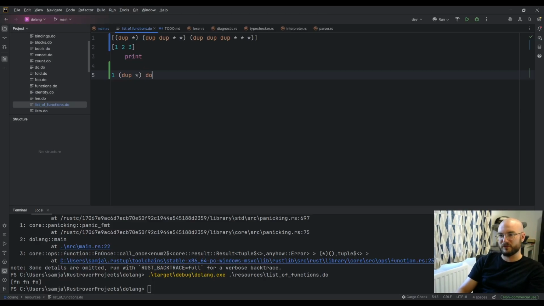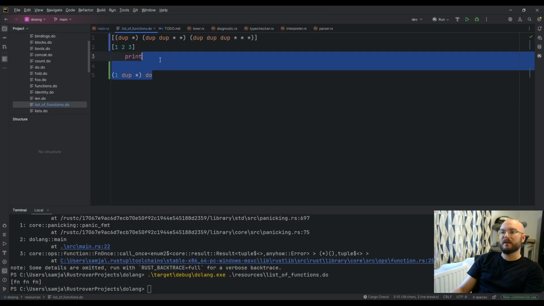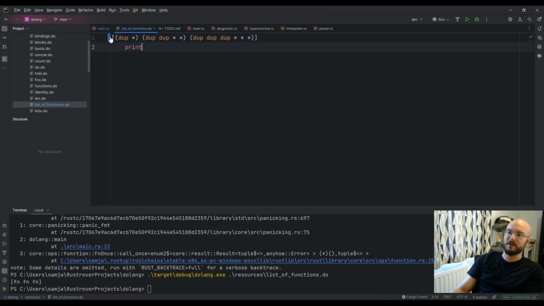Otherwise it would just be do, if I can get the type checking right. But to partially apply the function so that it would effectively be this, and then later on you can do it. Yeah, I don't know. But that's just a huge tangent. That's what list of functions is.